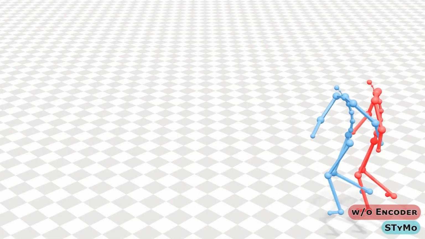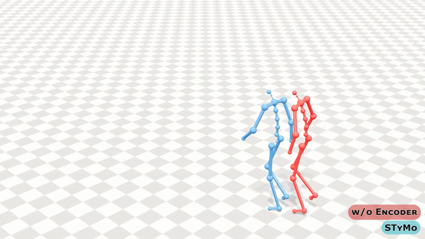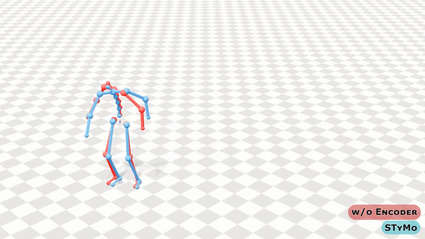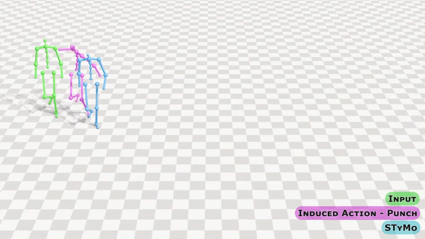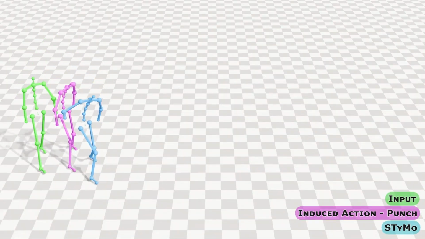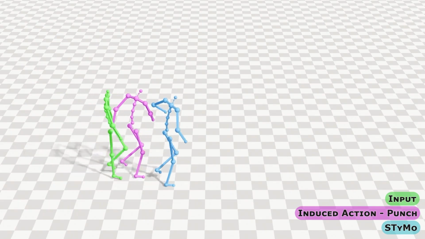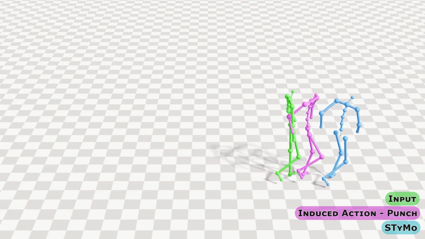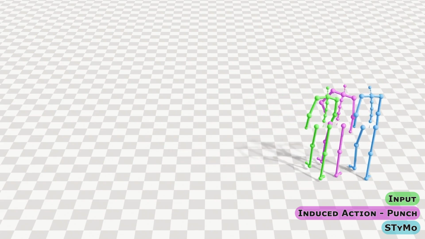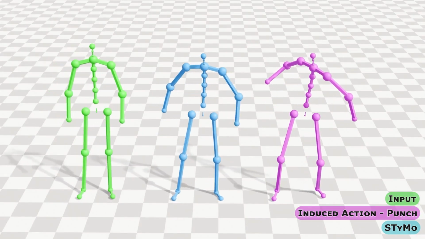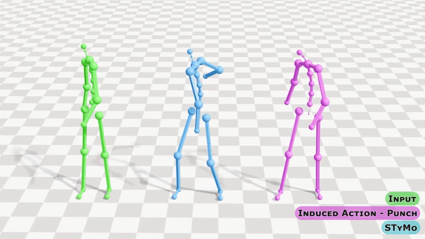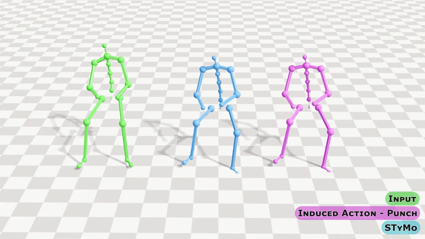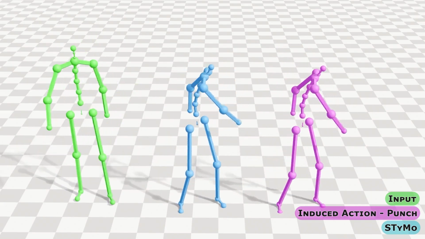By processing only previous predictions, the encoder acts as a phase manifold. This independence from the source allows it to generate acyclic, one-shot actions like this punch. Since these actions happen probabilistically, users can also explicitly induce them by injecting training motion into the encoder's input. This allows us to trigger specific gestures on command, for example, increasing the punching frequency. Through cross-attention, the decoder gates these actions based on context. For example, while the encoder may suggest a punch, the decoder suppresses it when the character is sitting, ensuring the style respects the source motion state.